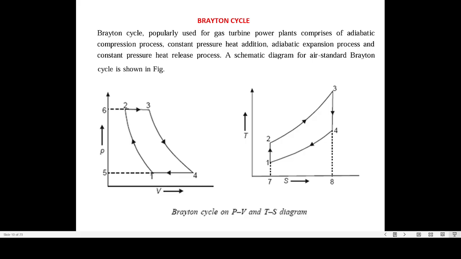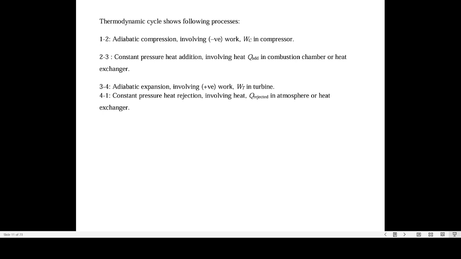So this is again a constant pressure process, an isobaric process. And there is a substantial drop in the temperature from T4 to T1. So it is nothing but the constant pressure heat rejection, isobaric heat rejection. Gases are left to the surrounding. I hope that you have understood the thermodynamic processes represented on the pressure volume as well as the